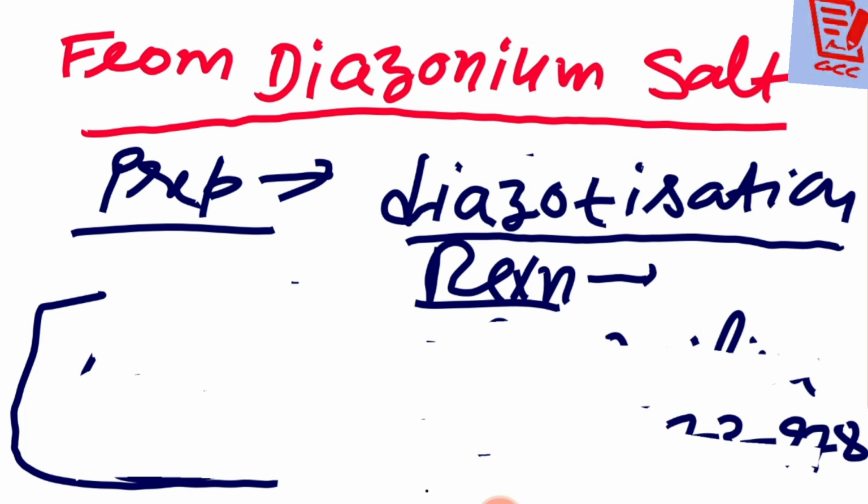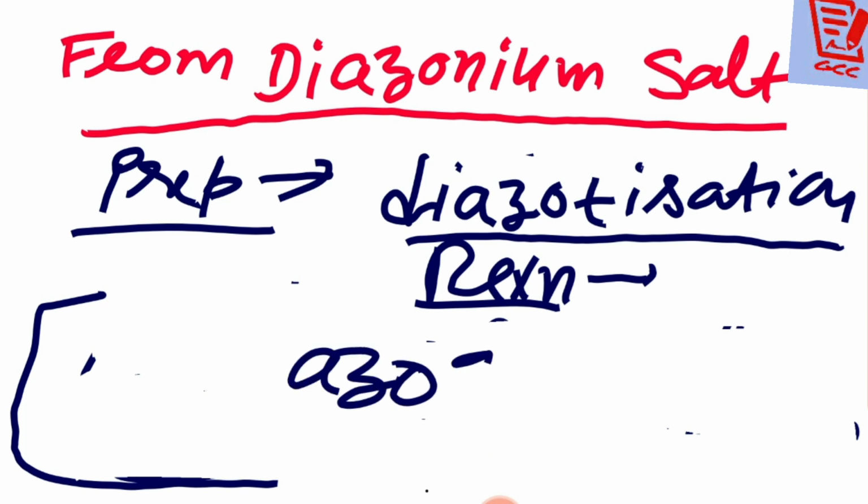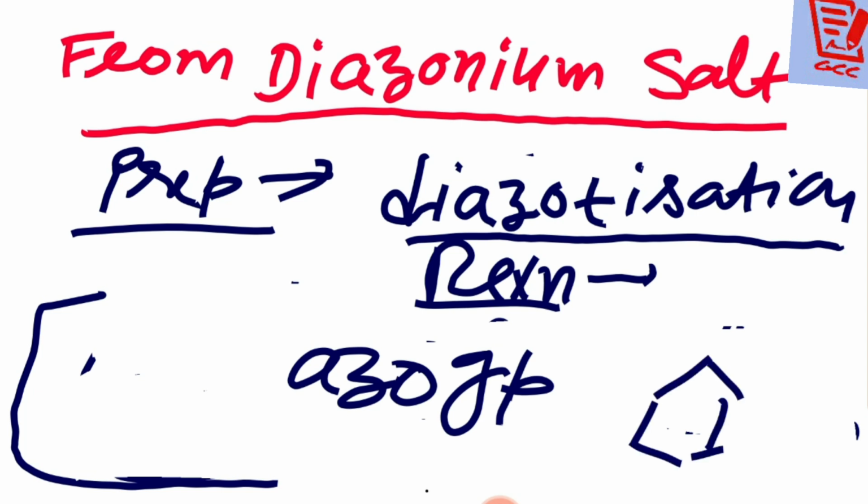The word diazotization came from the azo group, and we are preparing the azo group. Just like we prepare chlorobenzene, that is called chlorination. Sometimes we prepare bromobenzene, that is called bromination. So here we are preparing an azo group on the benzene ring. On the benzene ring this N2 group is here. This is called the azo group. That is why we are going to prepare the azo group. So let's start its preparation.